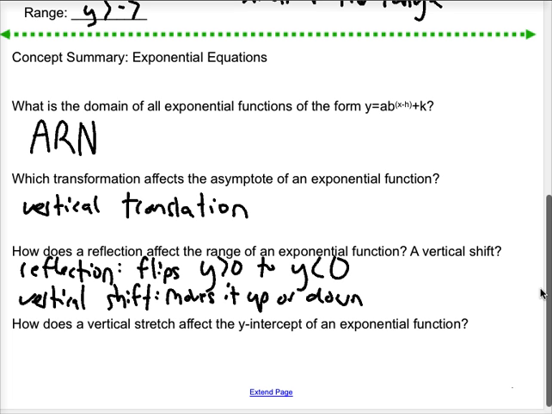It gives it the same shift as the vertical shift itself. And how does the vertical stretch affect the y-intercept? Well, the vertical stretch will stretch it so it intercepts the y right at that same value that it's being stretched by. And again, the vertical and the horizontal shifting can have changed that. However, the vertical stretch, that's the one that I want you to understand the most of how it affects the